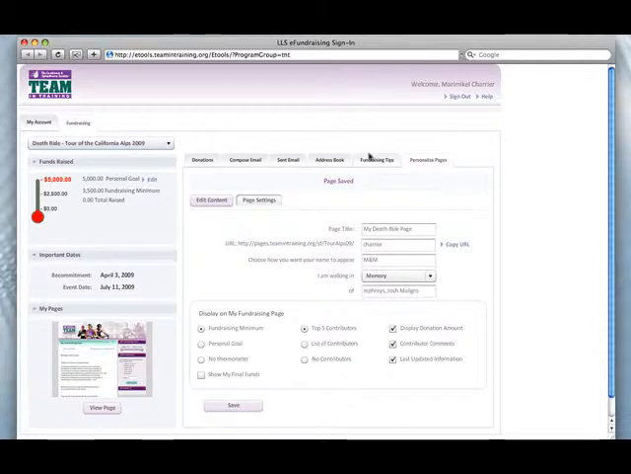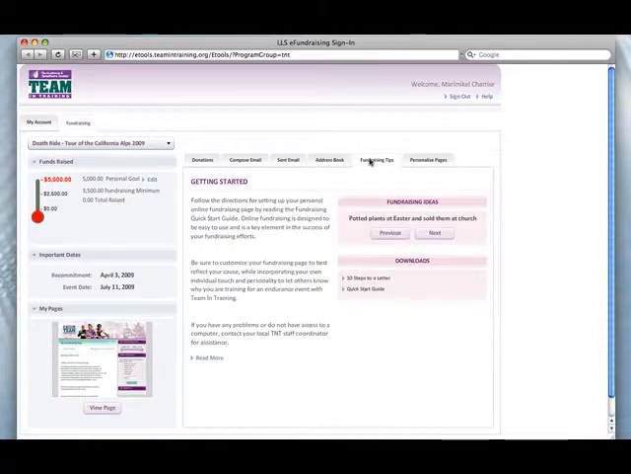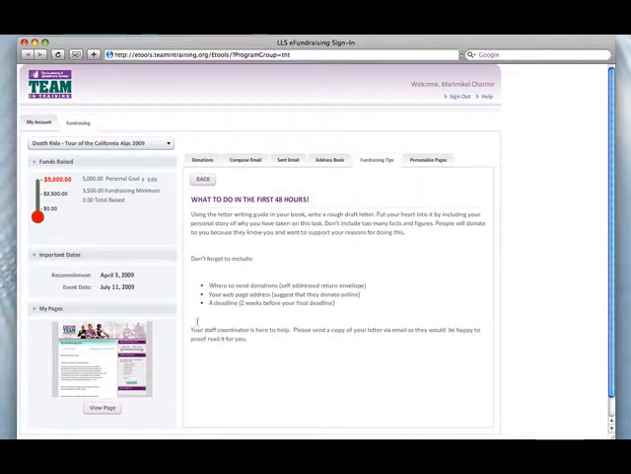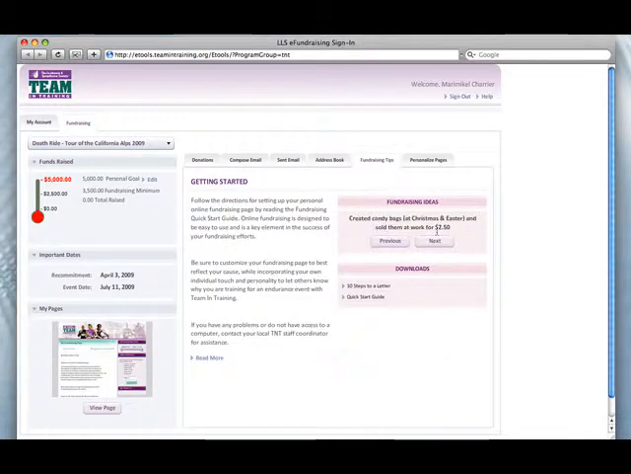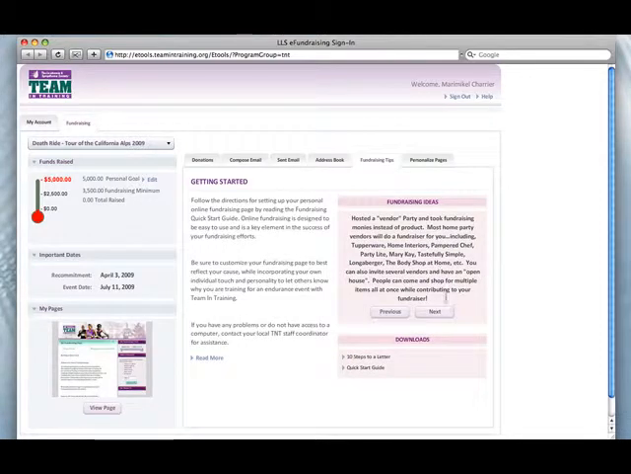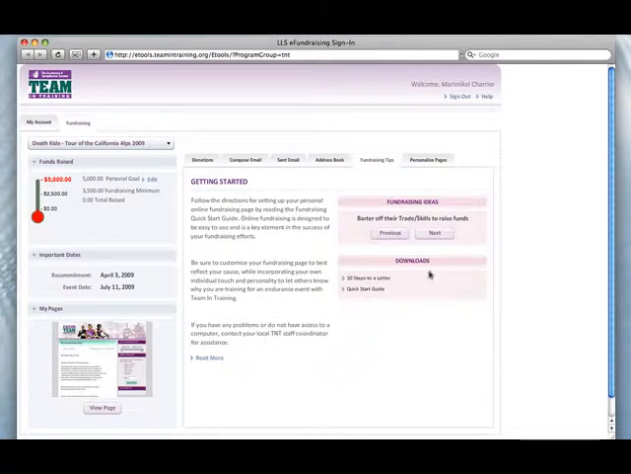First I want to check my fundraising tips. There's a little information on how to get started, as well as what to do within the first 48 hours of registering for Team in Training. If we go back, you can see that there are some fundraising ideas on the right that you can click through to get different ideas for events. There are also 2 downloads: 10 steps to writing a great letter and a quick start guide for your fundraising